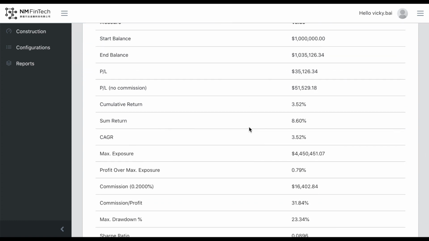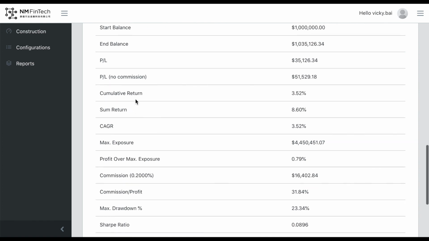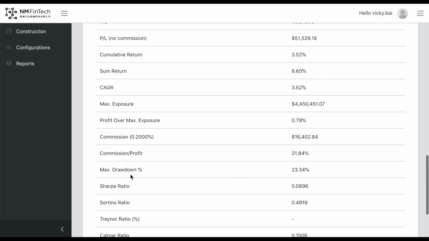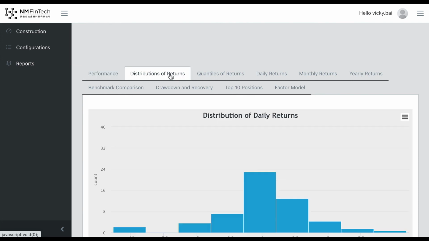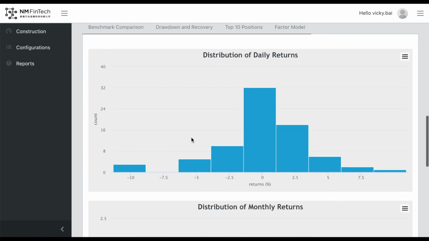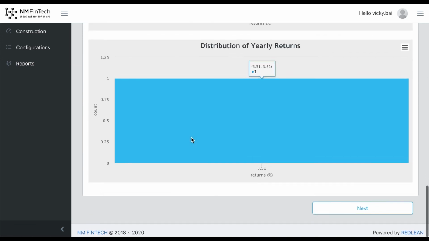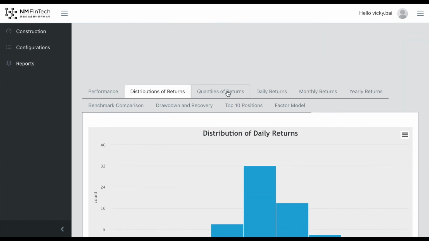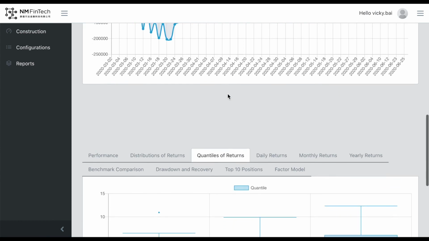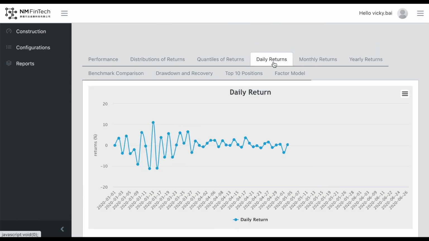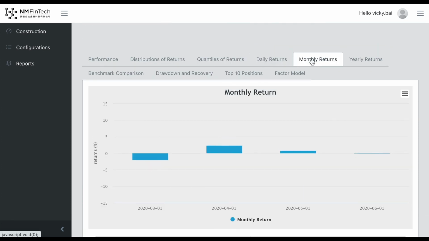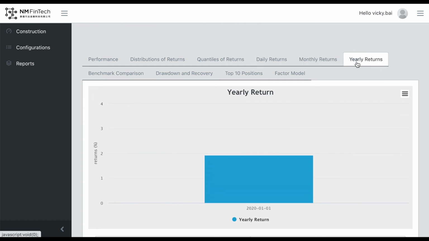For example, start and end balance, profit and losses, cumulative return, compound annual growth rate, maximum drawdown percentage, and distributions of returns. Quantiles of returns, daily returns, monthly returns, yearly returns,